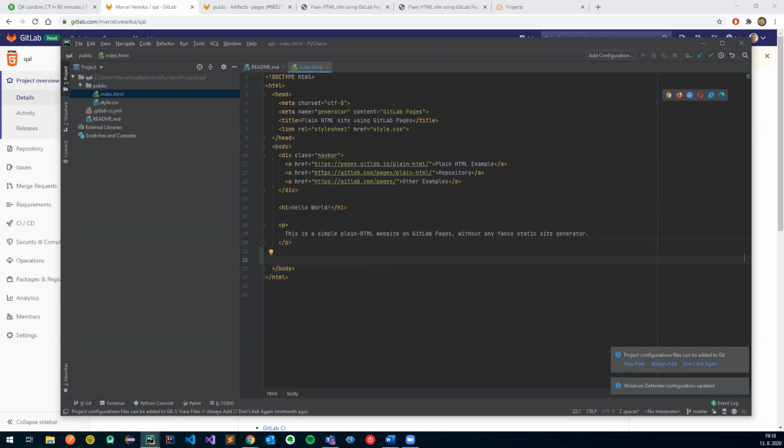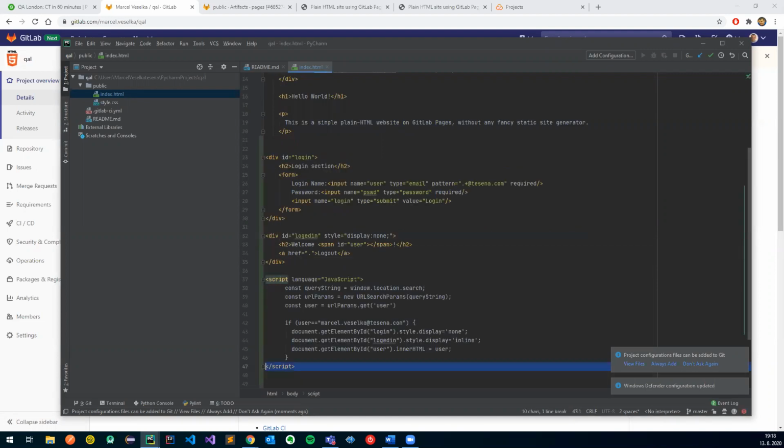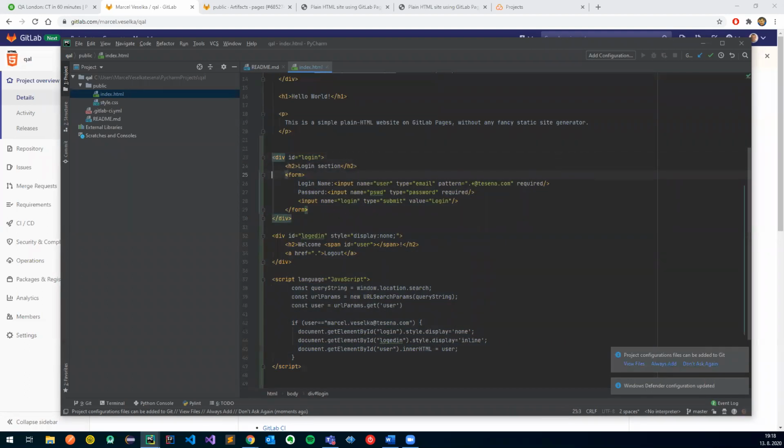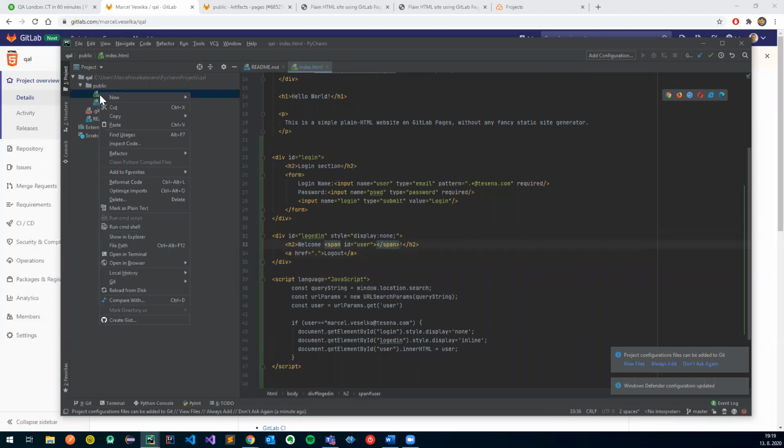And for that, I prepared some code snippet. So instead of writing and delaying the explanation by preparing the code, I will just copy paste some code here, which is nothing else than a simple form for login, and then some piece of JavaScript. And then once the user is logged in, I will say hello, and then welcome, and then the name of the user. Now, when I open it locally,